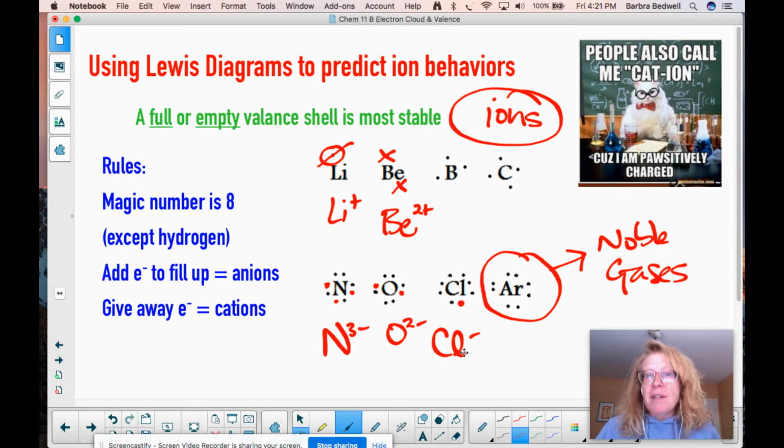Chlorine, on the opposite, really wants to gain that 1 electron to fill up that spot. It doesn't take a lot of work to do that, but it really, really, really wants to fill it up. And it's a really active type of non-metal. We would call these guys halogens, and that's its whole family that does that. So again, we've seen these patterns of ion charges from the periodic table directly related to the Lewis dot structures and the formations of these ions.